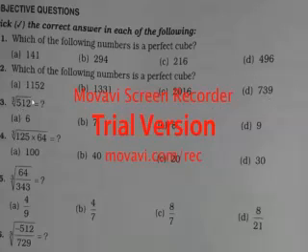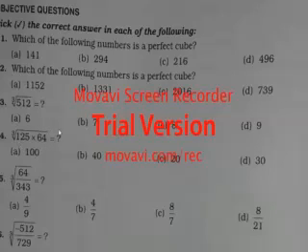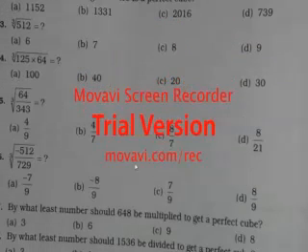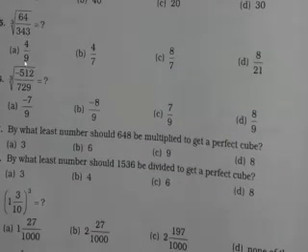And the cube root of 512, you have done many times. Here was the example also, so you might be remembering. 8 into 8 into 8 is 512, so the cube root of 512 is 8 only. And if you see, in an example also it has been said 5 into 4, so that is 20, because the cube root of 125 is 5 and the cube root of 64 is 4, so 5 into 4 is 20. Over here, the cube root of 64 is 4 and the cube root of 343 is 7, so it will become 4 by 7. Over here, of course at the top it will be minus 8, and just now I said that the cube root of 729 is 9, so it becomes minus 8 by 9.